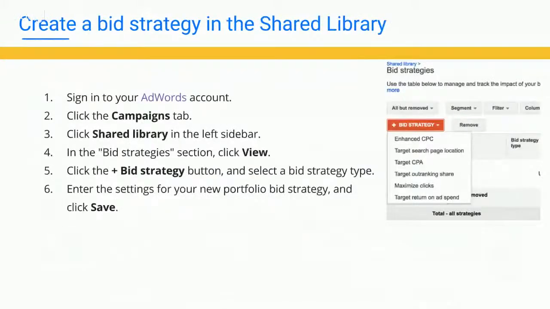Now the second option and way to implement them is in your shared library. You can create one bid strategy and share it across multiple campaigns really easily. Just on the left-hand side of your page, you go to that gray navigation bar, click on shared library, and then you would go to bid strategies. From there, you're going to see a nice red plus bid strategy button, and you'll be able to select the option. As you're creating that, say if you're doing the return on ad spend, after you put in, if you want your 200% return, it'll ask you which campaigns do you want to apply this to. You select your campaigns and click save, and it's done. And you can edit your bid strategies at any time at either one of these locations.